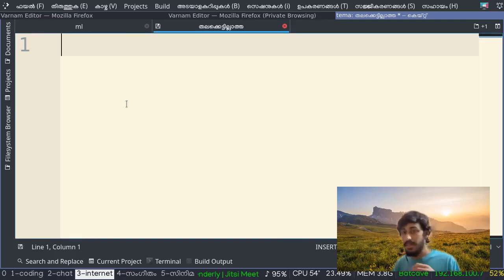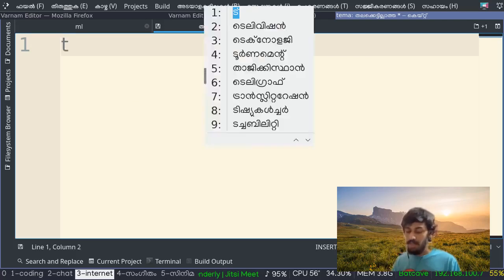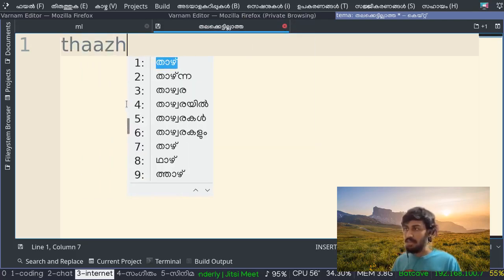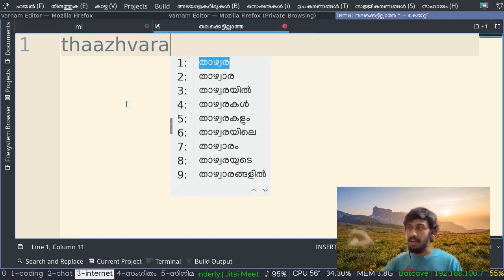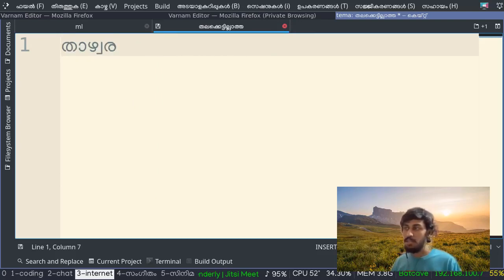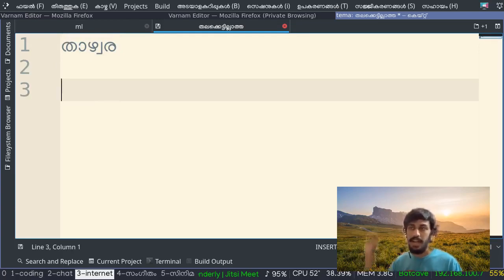Joiners. This is one common example with Malayalam. Thalvara is a word. How do we type Thalvara properly? The typing is Thal. Now if you type Vara here, you can see that Thal has been joined with Va. That's not how we want to type. We need to put a zero-width non-joiner in between them to separate Ra and Va.